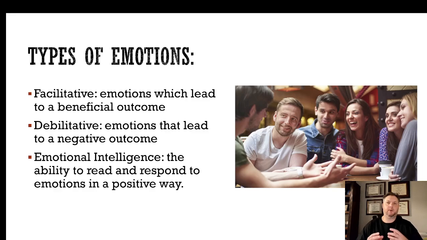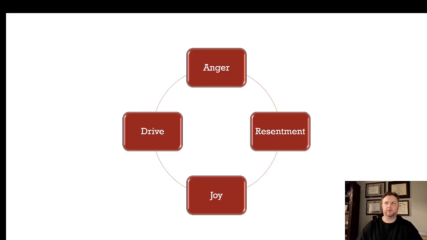Now, when I said you can put emotions into these two broad categories based on their impact, what this really is telling you is that emotions are really malleable. Meaning, depending on how they're used, their impact can really change, right? So if you think of emotions, you've got all of the emotions in the world. You've just got a couple of examples here. You've got anger, you've got resentment, in terms of what are traditionally considered more debilitative or negative emotions. You've got joy, you've got drive, you've got ambitions, you have love, you name the emotion.